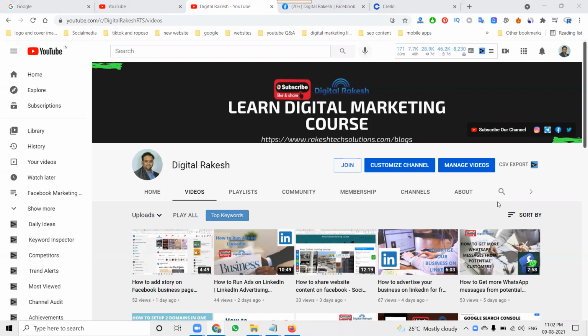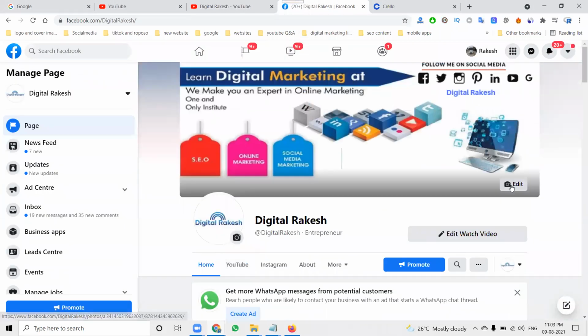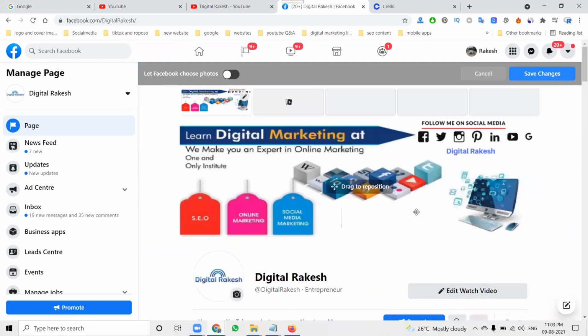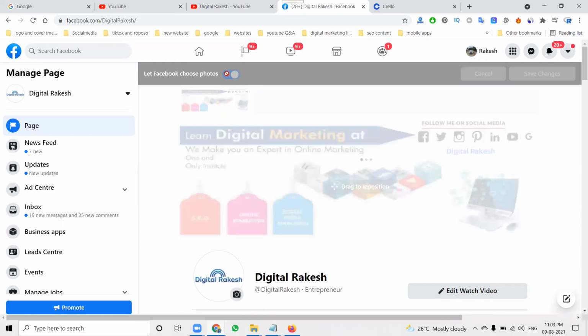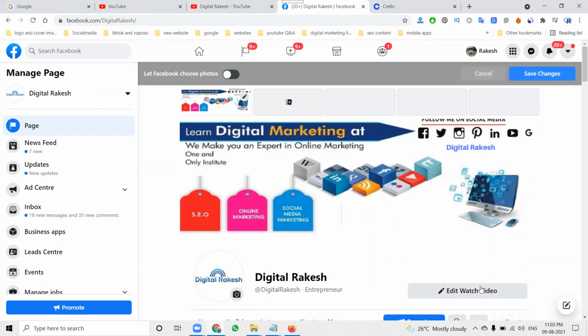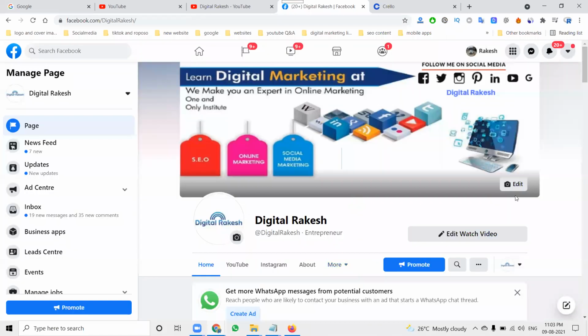Today we discuss the topic of Facebook cover videos. If you come into the Facebook business page, we have uploading options here: upload photo, edit, slideshow, so many options. In this one, how we can add it is a particular option called the video option. That is how we can upload further.